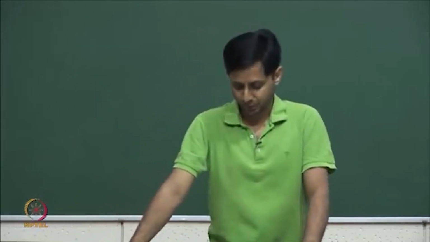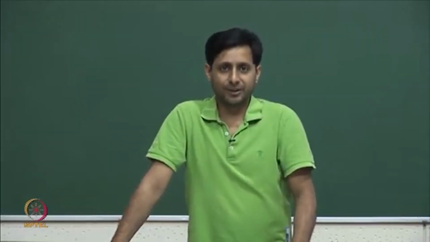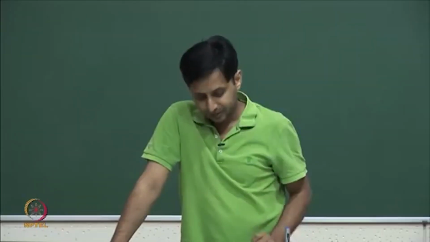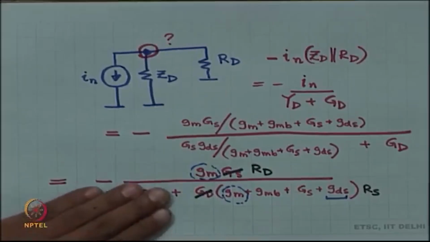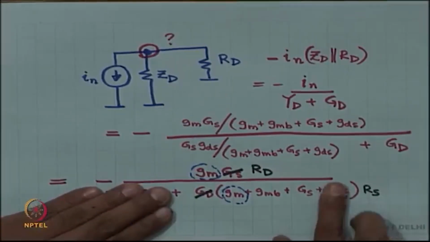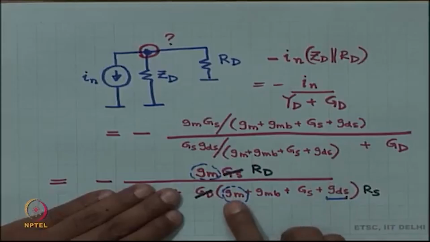This is my first assumption. In a very good transistor, the ideal transistor, G d s is 0. So, if G d s is 0 for example, then this entire term goes away, right, and the denominator is dominated by G m, which means